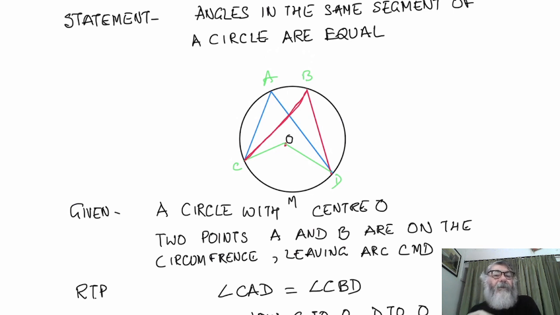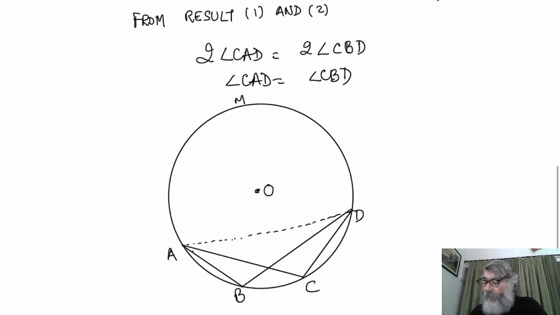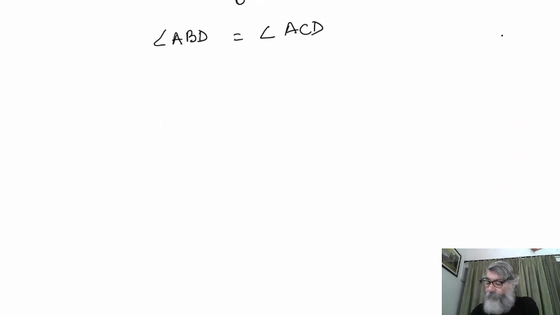Similarly, angle COD will also be double of CBD, because this ABC could be anywhere. This A and B are not specific that they have to be at that point only. A can move to the left hand side and B can move to the right hand side, but the only condition is they have to be not on the arc CMD. Otherwise, A and B can be anywhere on the remaining part of the circumference. So all the angles in the same segment of a circle are going to be equal. I will demonstrate again by drawing another figure for you.